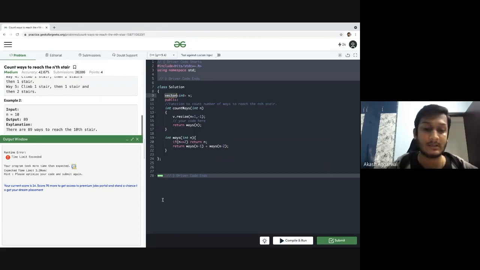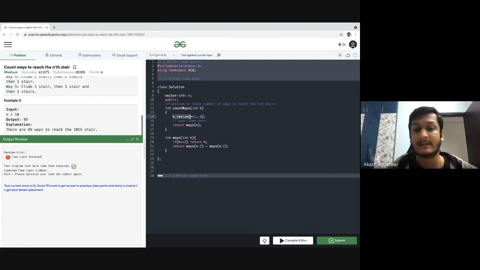So you can always look for this code, whatever is given in the coding round. They may ask you to write the partial code also. They may ask you to write the full code also. So here you can declare a vector, vector of int we have declared. Inside the angular brackets, you can provide any object type, and you will be creating a vector. So vector is nothing but an array. It will be an array of integers, but we have some inbuilt functions on top of that array. So you can just consider it like that.